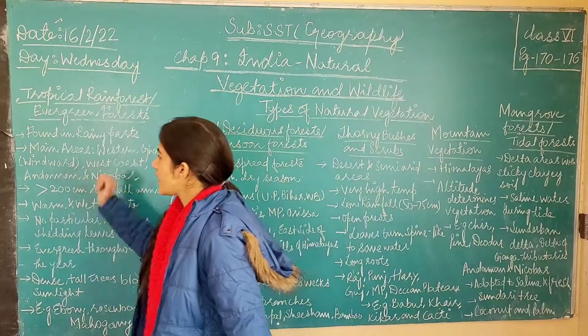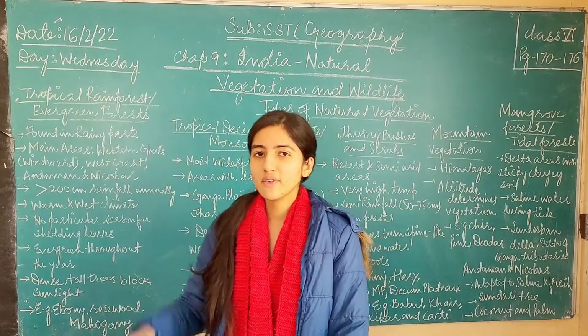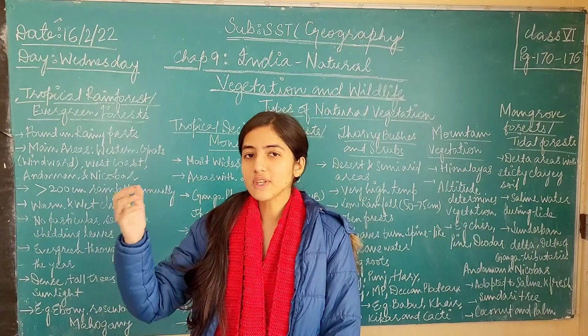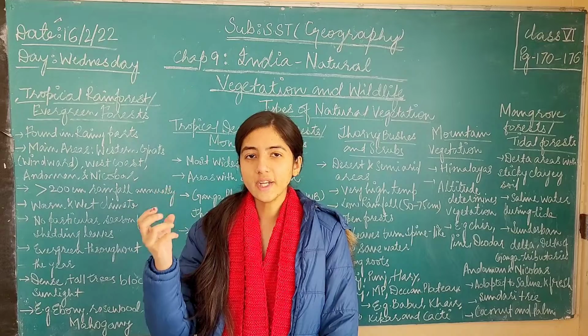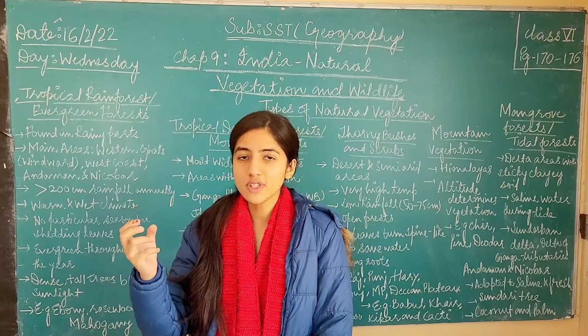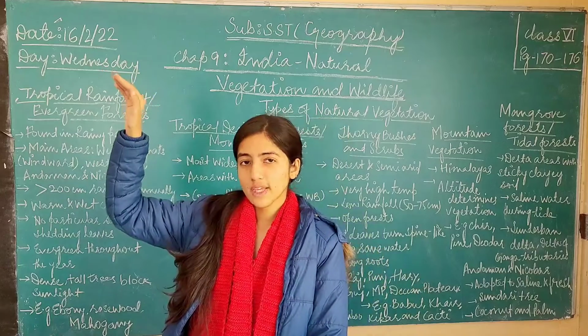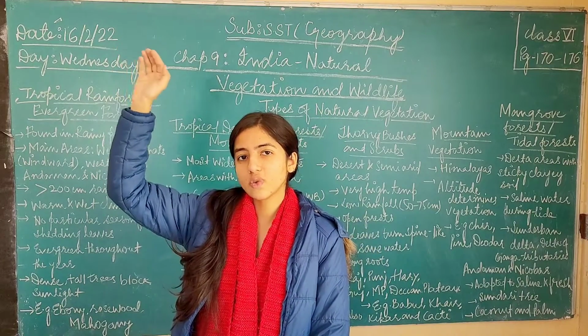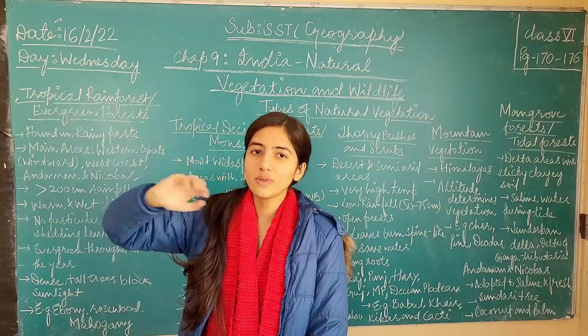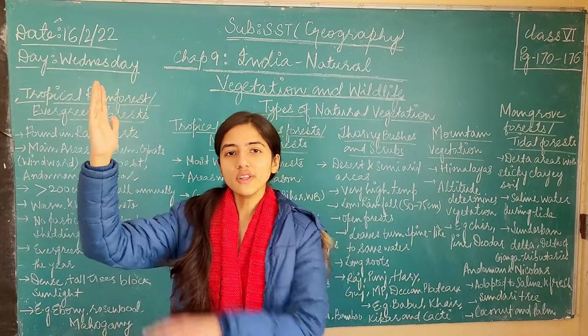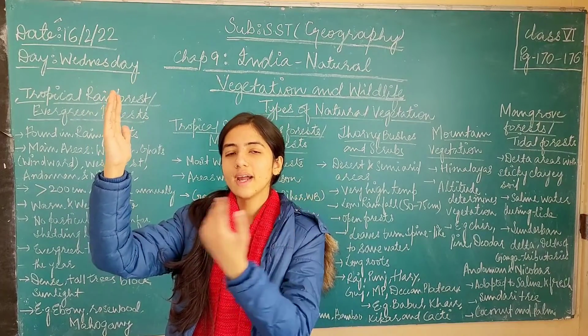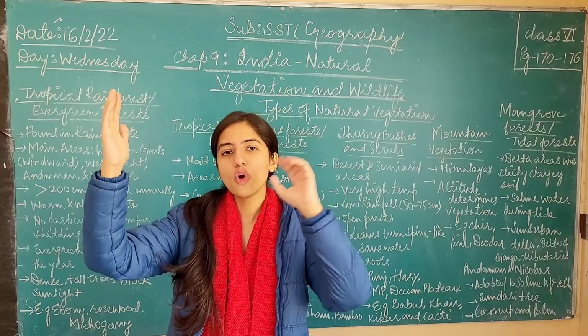Do you know what is windward side? We have discussed in the previous videos that windward side is that side of the mountain which receives rainfall because the moisture laden winds which have clouds are not able to cross the mountains. They are not able to go over the mountains because of the slope of the mountain, because mountains are so high that the winds which have the clouds are not able to cross. So rainfall starts on this side of the mountain, the side which has the land from which the water is evaporating and forming the clouds.